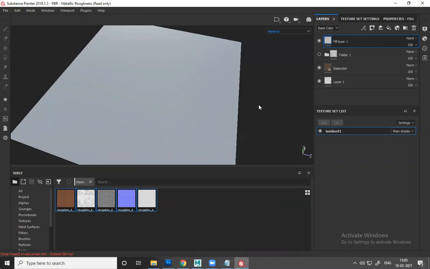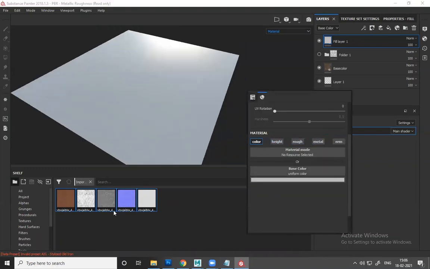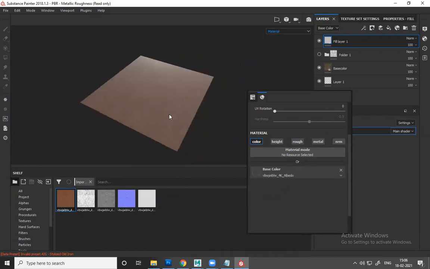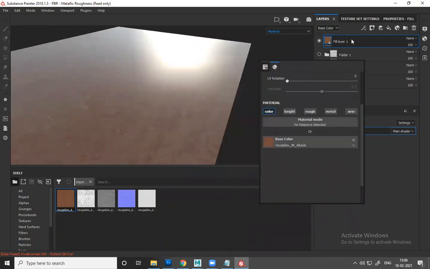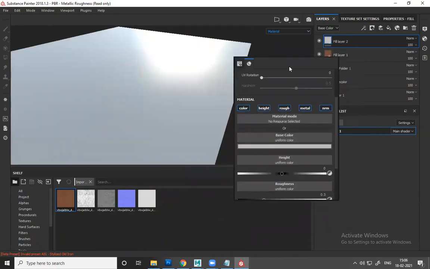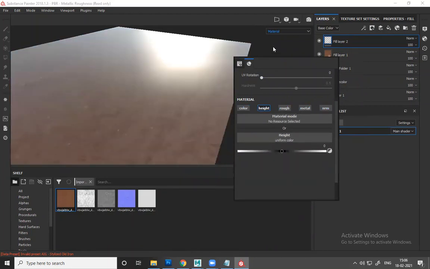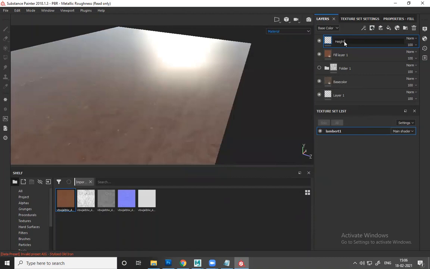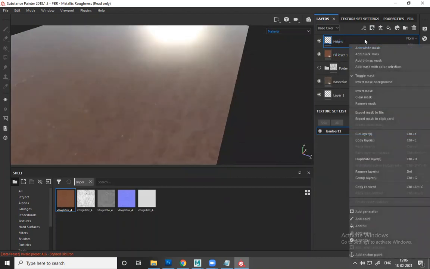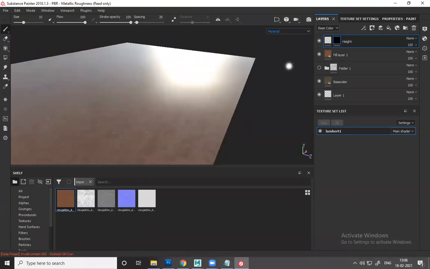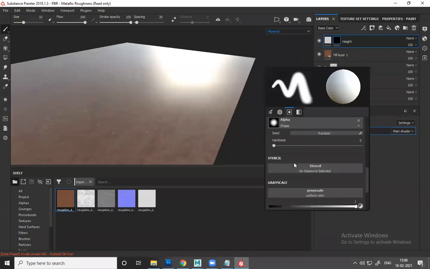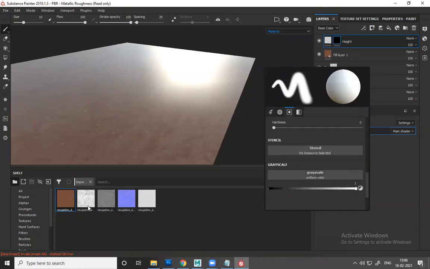Okay, so the base color is there. I'm going to switch off all the others. Now we have the base color, which is non-PBR as of now. I'm going to quickly create another layer and switch off the height properties. I'm going to name this height. Now I'm going to create a mask, add a black mask. And then on the mask, I'm going to drag the displacement texture, and then in the height,